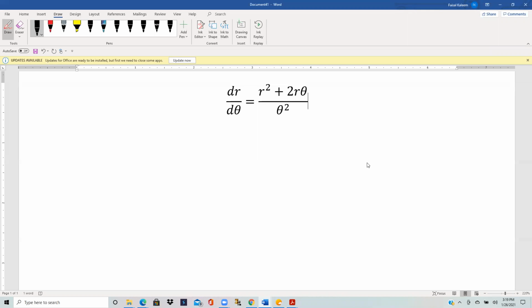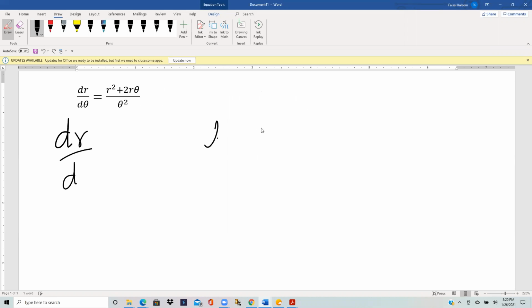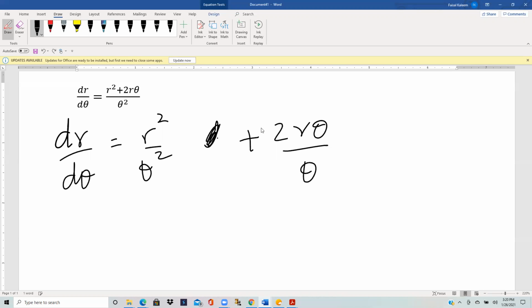Now, this one doesn't look like a Bernoulli equation, but if we do some simplification, so we first do dr over d theta. We break the fraction, r square over theta square plus 2r theta over theta square. And now this is equal to r square over theta square